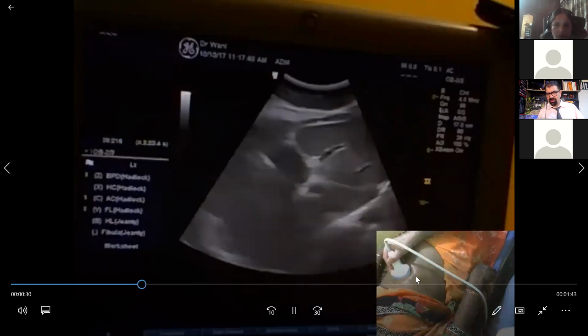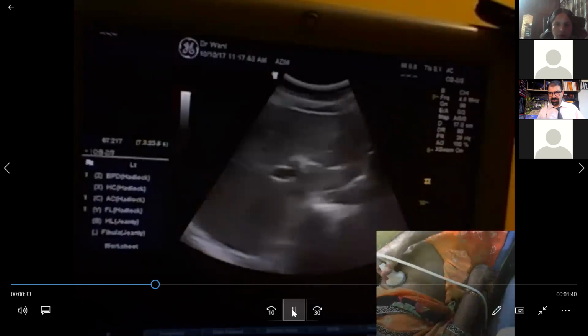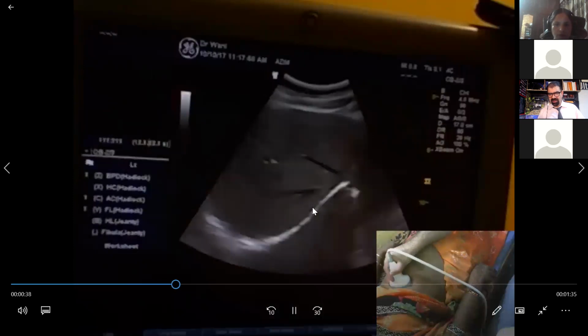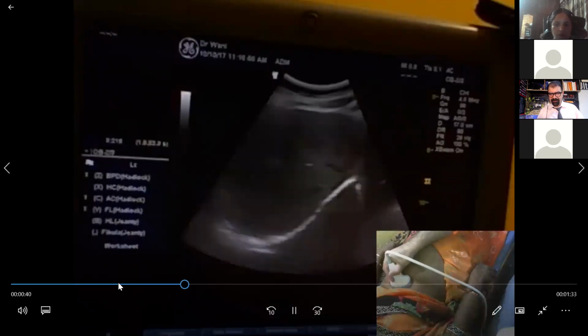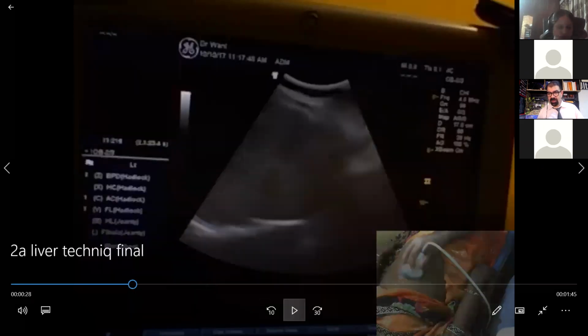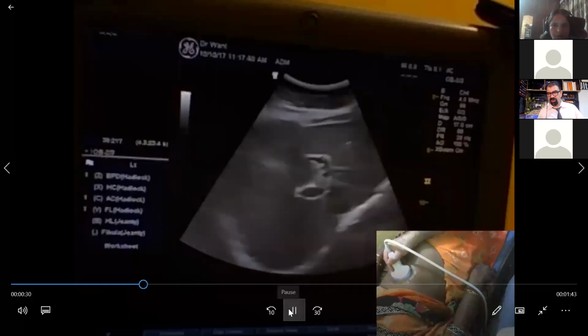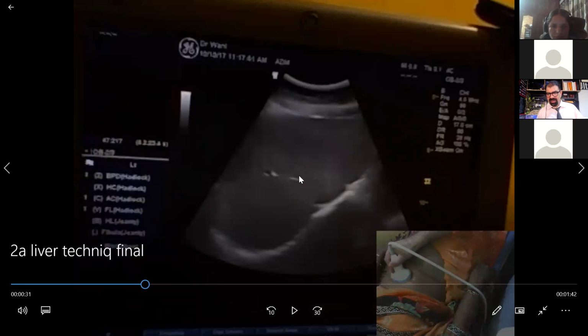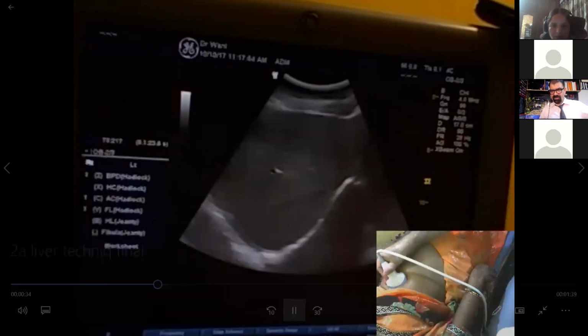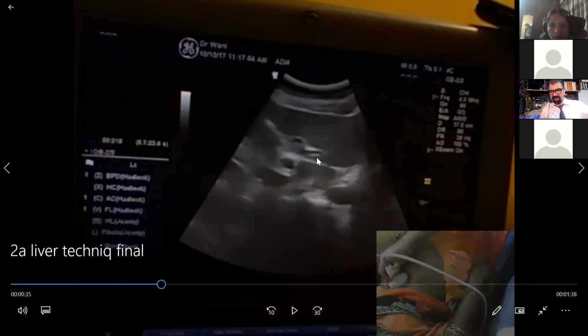Over here, right portal vein, see where the probe is. When it is coming over here, this is the area of the caudate lobe. Pause over there, but you are able to see a Y-shaped area, and beneath the tail of the Y, you are seeing the caudate lobe. So this is how it is. Pay attention. So this is the area of the caudate.